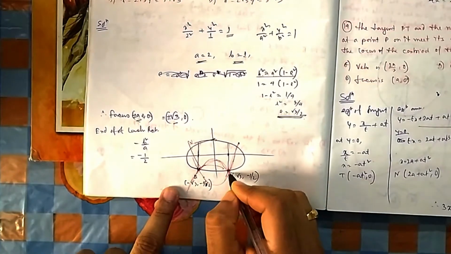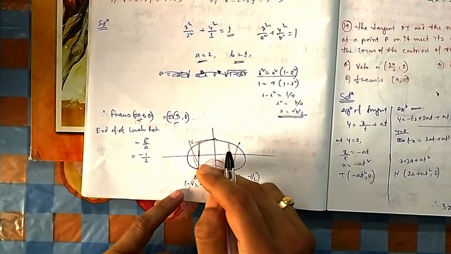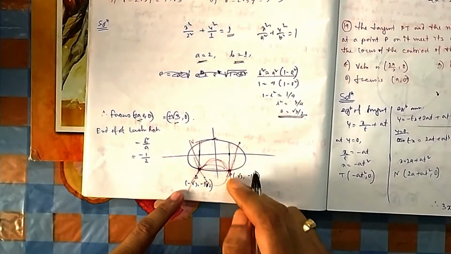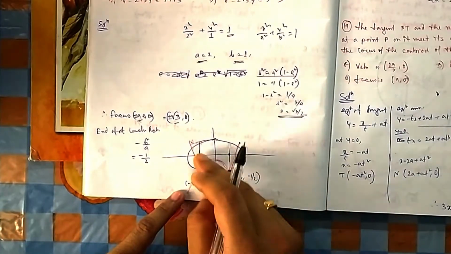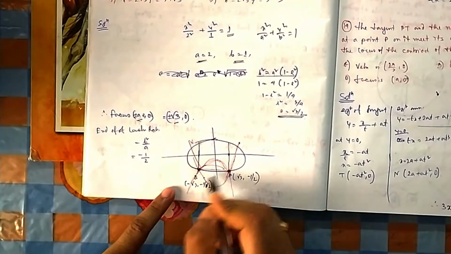So the end points where your y coordinate is negative are these two points. So you need to find the parabola with this latus rectum. This should be the latus rectum of the parabola. So one parabola could be crying, one can be smiling. So there are two parabolas possible, this and this. In both these cases, this should be the latus rectum.